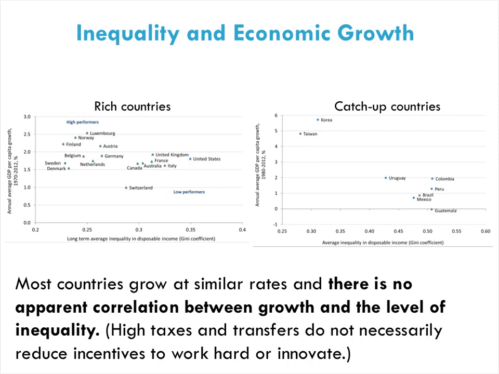And just to clear the record, it's often brought up about inequality and incentives and economic growth, but overall it appears to be no real correlation between growth and the level of inequality. So you can see average inequality is somewhat correlated with GDP negatively. So the higher the inequality, the lower the GDP over here. And in rich countries, it's not very necessarily clear.